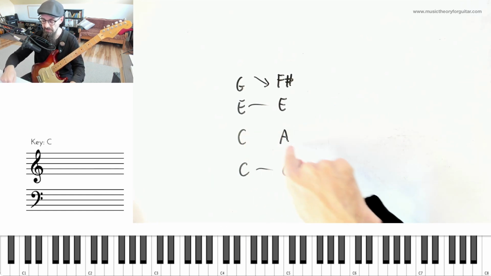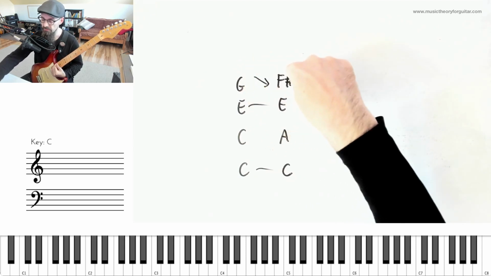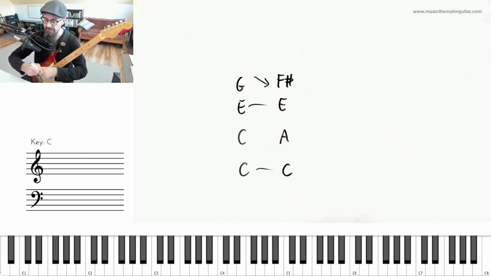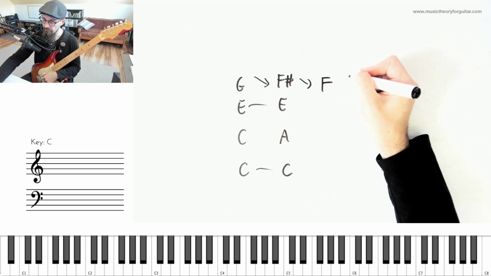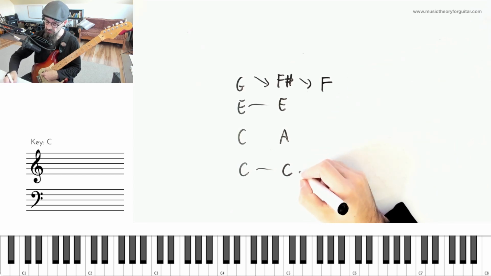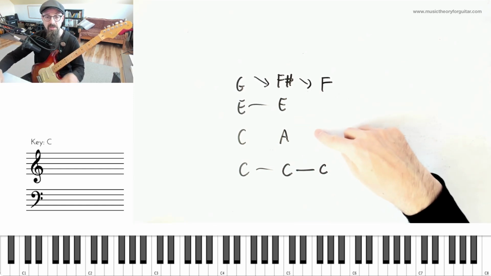Yes, the C goes down to A2, but that's an internal voice and we don't really care too much about that. This movement is more salient. And so it makes sense to continue this movement chromatically, and it also makes sense to keep the bass exactly where it is, and then we just adjust the middle voices